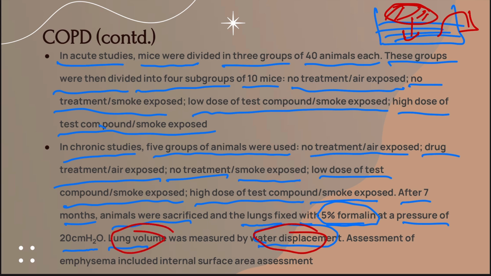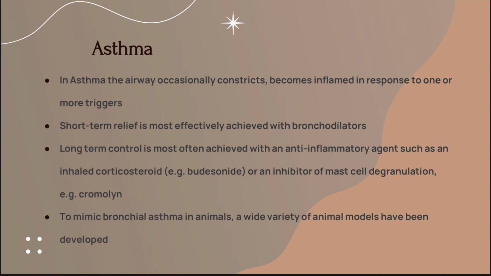And we will also do assessment of the internal surface area if we have to look for emphysema in the same mice. Now coming to the most common condition, that is asthma. In asthma, the airway occasionally constricts and becomes inflamed in response to one or more triggers. It can be cold air, allergen, or several other triggering factors such as anxiety. Short-term relief is provided by bronchodilators, and long-term control is provided with anti-inflammatory agents such as